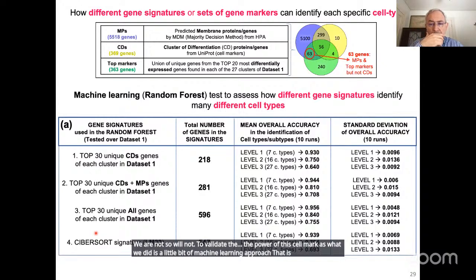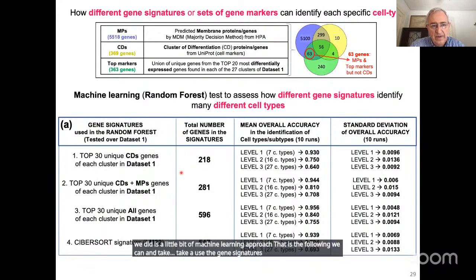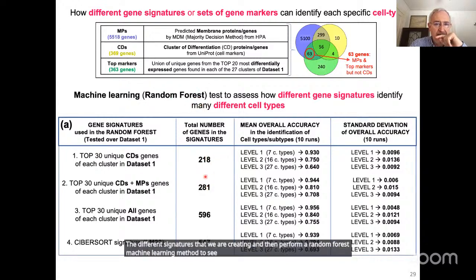We can use the gene signatures that we are creating, the different signatures that we are creating, and then perform a random forest machine learning method to see how these genes predict the correct cell types in each one of these data sets,